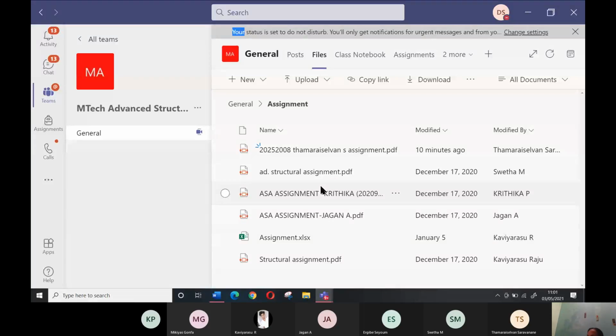You will get the Teams code, and you have to join through the Teams code. Prabhu sir will arrange it, and he will contact you. And mine, I think it's the third exam. And do well. If there is any doubt, especially Tamare Selvan, because you have joined late, Tamare Selvan, Mikyas, and RGB, if you are having any doubt, you contact me. If you want me to take any special classes also, I'm willing to take. Just inform me. If you want any clarifications, you can contact me over WhatsApp or phone. Don't make calls often, but just send a text so that I can go through that, and if you need it, I will help you.